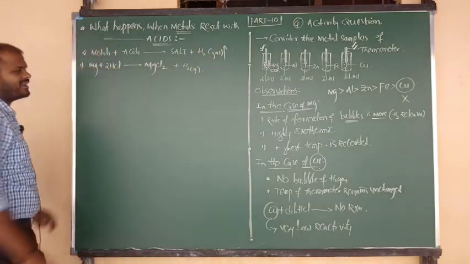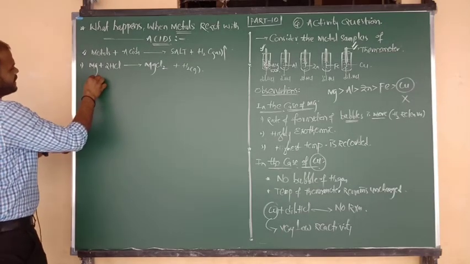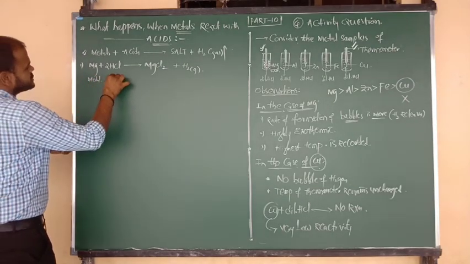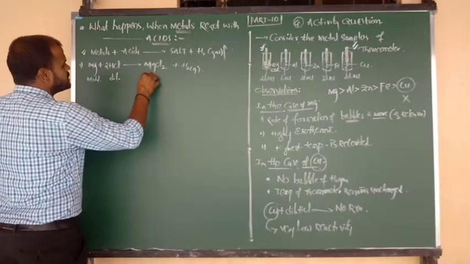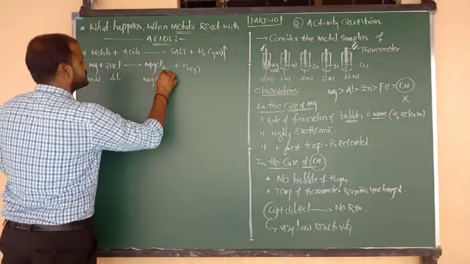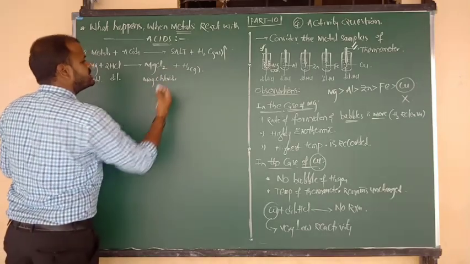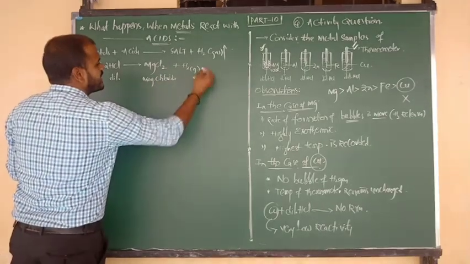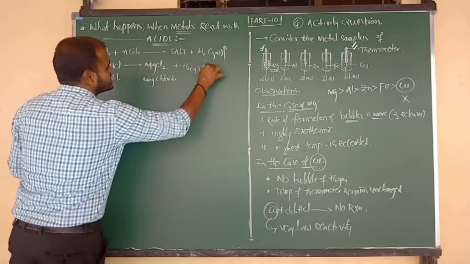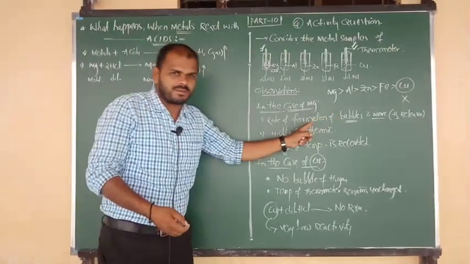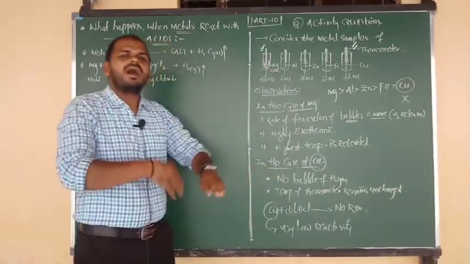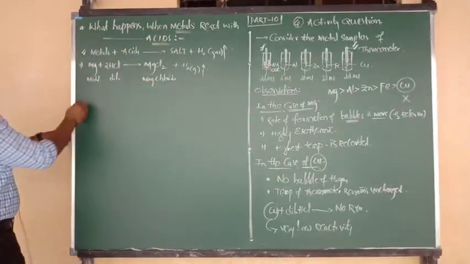I hope you understand. So magnesium is nothing but a metal. It on reaction with dilute hydrochloric acid forms magnesium chloride salt, and liberates the gas, which is nothing but what, beta? Hydrogen gas. So due to more rate of formation of H2 gas bubbles, we have to say that it is highly exothermic. I hope you understand that clearly.